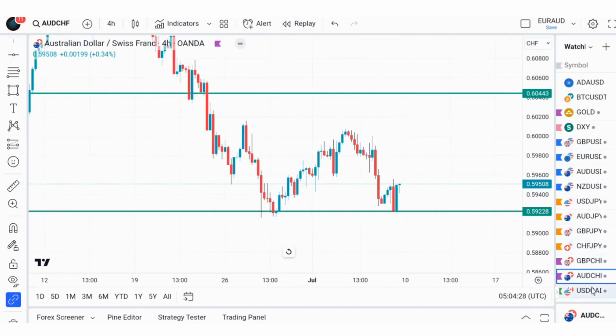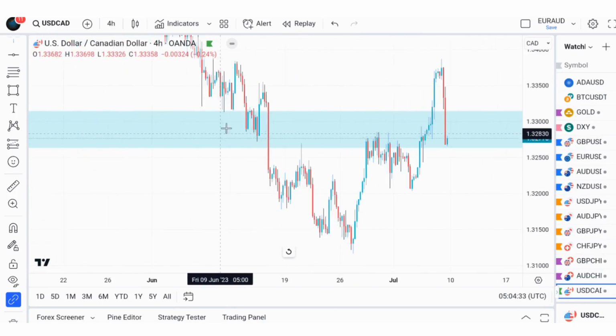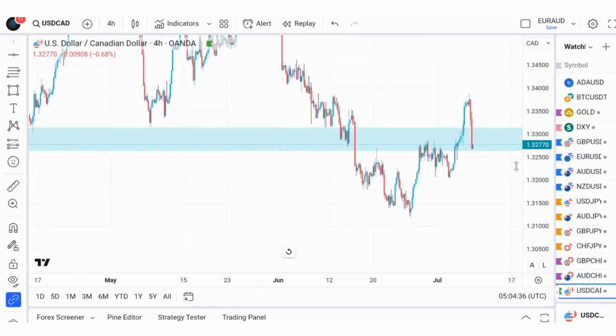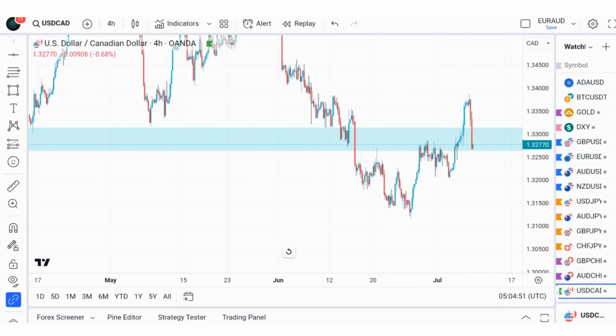And then the last pair we want to check is the US dollar Canadian dollar. As you can see, we have the US dollar CAD rally at the beginning of last week, which made it break this area. We actually entered the signal, but it hit our stop loss so early, and then it moved up massively. Apologies for that. That is what the markets do sometimes anyway.